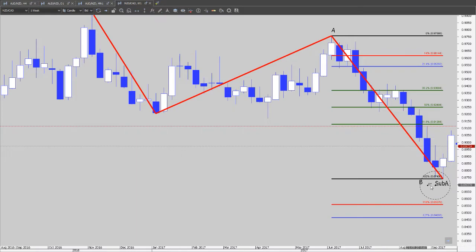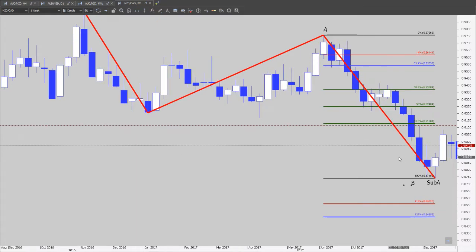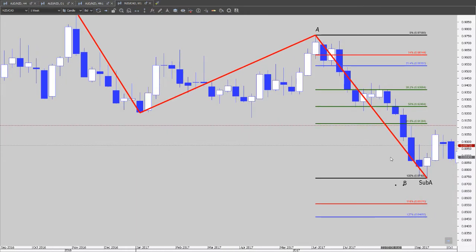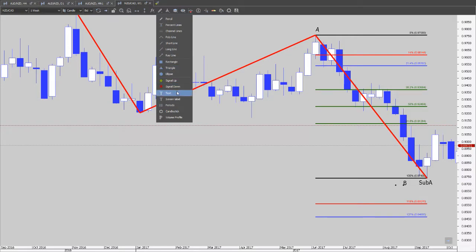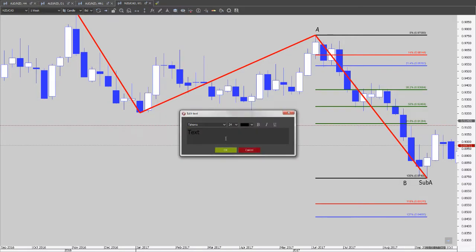Where is the starting point of the retracement? Well, for the time being, the B of the original Fibonacci equals the sub A. Where is the sub B of the contrarian Fibonacci? The sub B is going to be the first high as soon as possible after the sub A, right? So this next candle, this is our sub B,